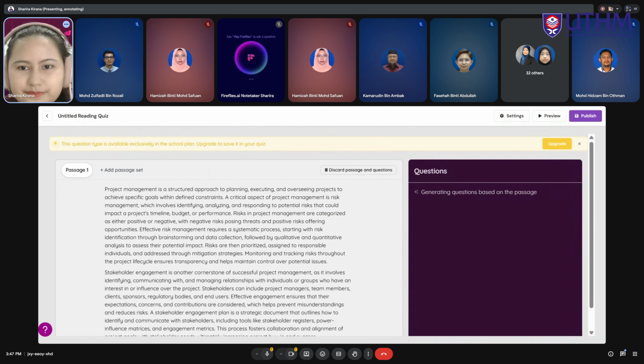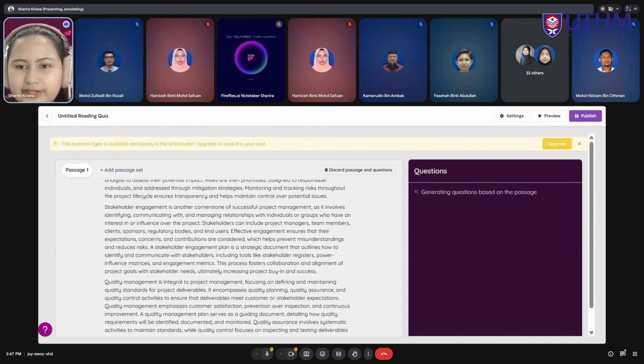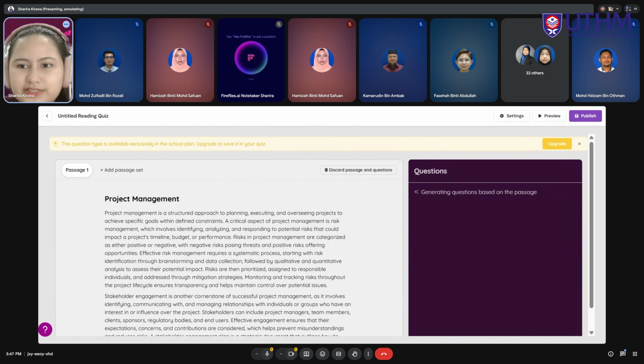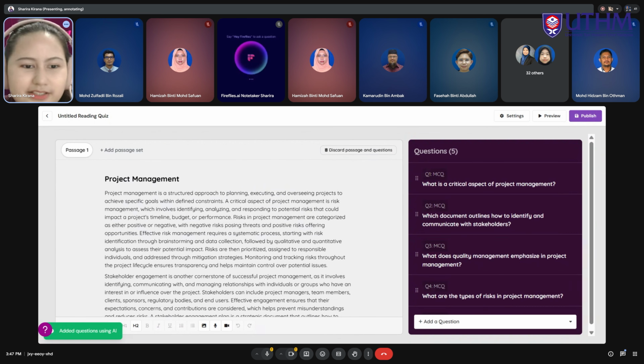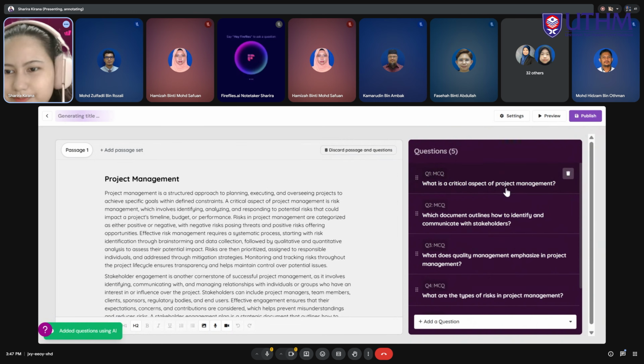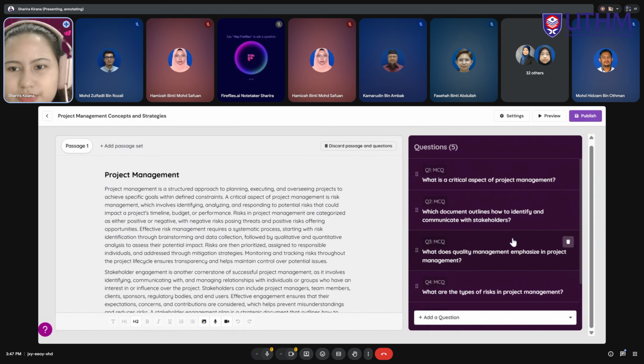we'll have the Wayground AI also generate questions based on the passage. There's a notification of that, don't worry. And there you go. So like always, in most cases, when you are generating questions with the AI, it kickstarts as an MCQ at first, but you can always